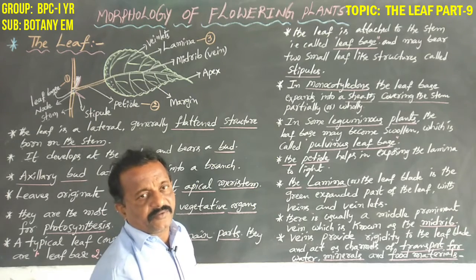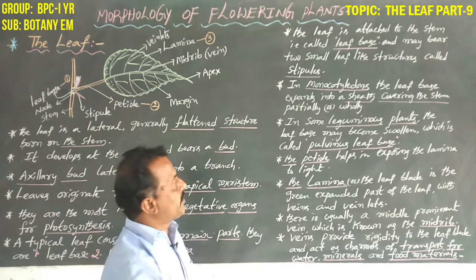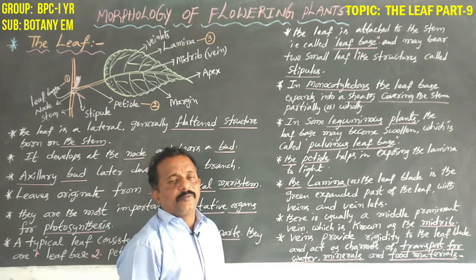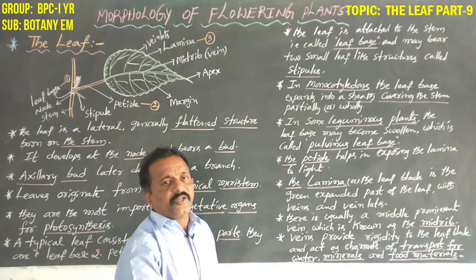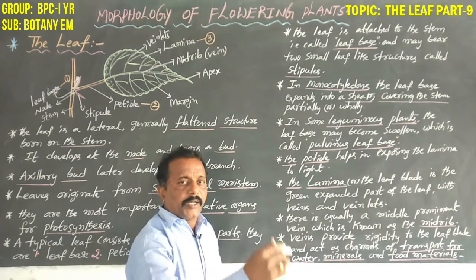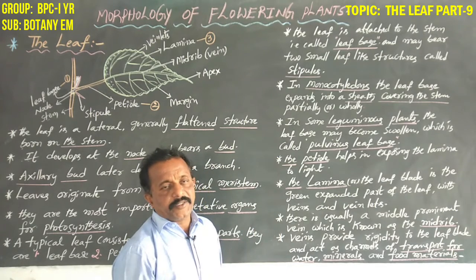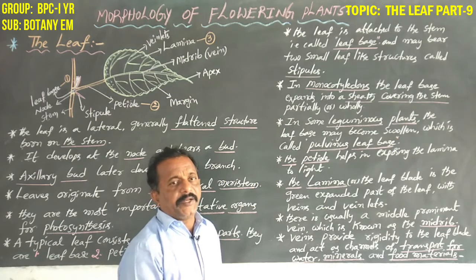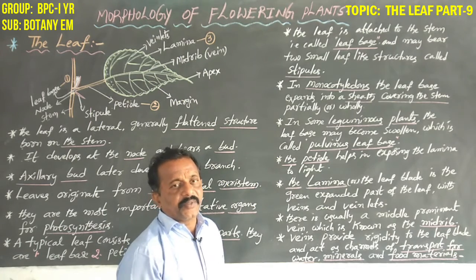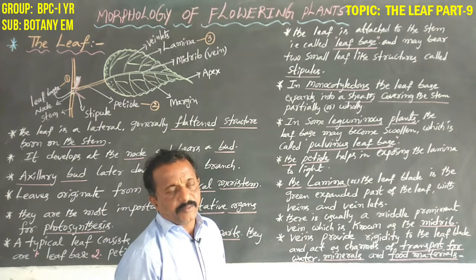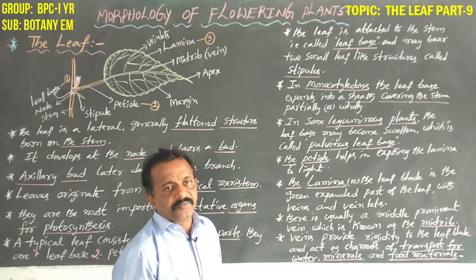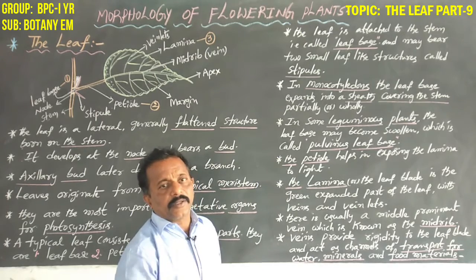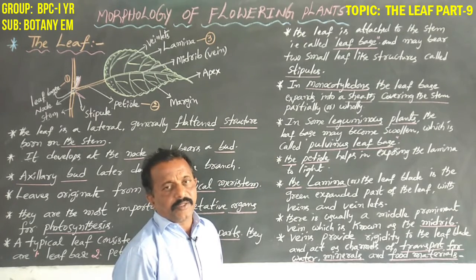So dear students, angiosperms are divided into two classes, namely monocotyledons and dicotyledons. What is the meaning of these? Generally, when the embryo contains two cotyledons, it is called dicotyledons, especially the neem tree, banyan tree and bean plants. But in some plants, the embryo contains only one cotyledon, or a single cotyledon, which is called monocotyledons.